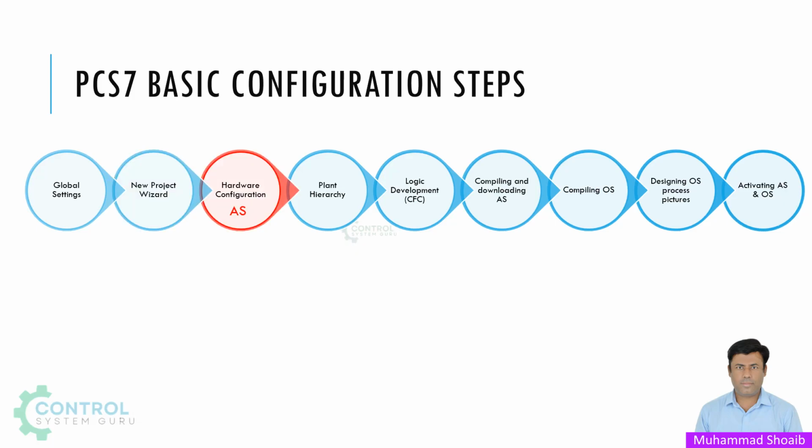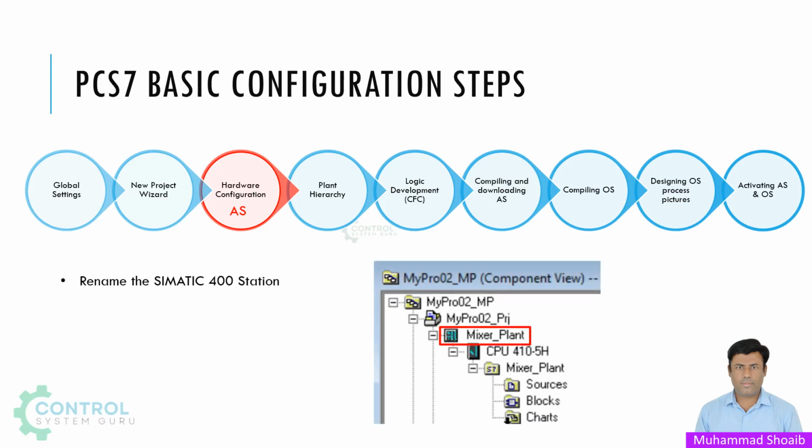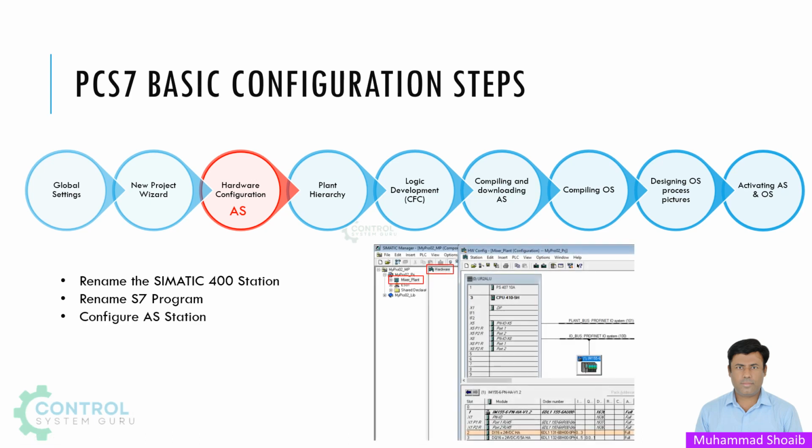Once our project is created, we'll move toward the hardware configuration side. The first step we will do is rename our SIMATIC 400 station, and we will rename it to Mixer Plant. Then we'll rename the S7 program also as per our project requirement, or whatever project name we want to put. Then we will configure the